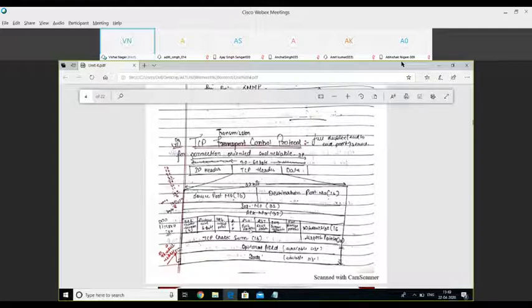Push or push pointer. That means if this flag is having value 1, the receiver will immediately push this particular packet to the upper layer protocol. Because the TCP header will be read by your transport layer of the receiver, and as soon as this push pointer value is high on the receiving end, we will immediately push this particular segment to our upper layers of the receiver.